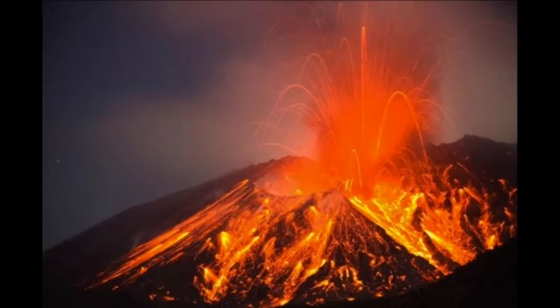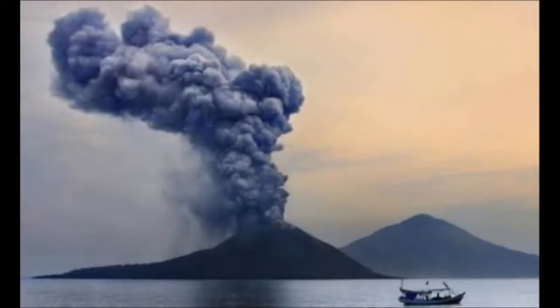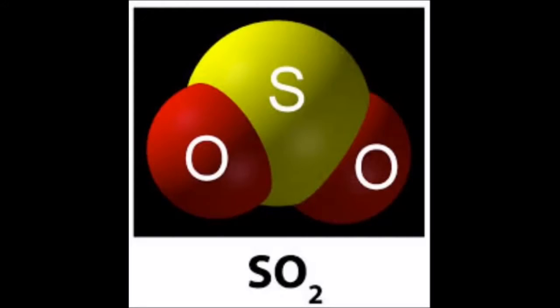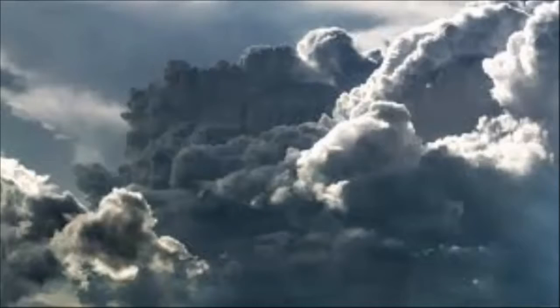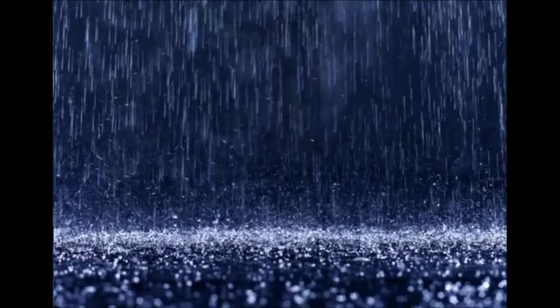The one natural cause of acid rain is volcanoes. This happens when volcanoes erupt and eject numerous types of chemicals high up into the atmosphere, which includes sulfur oxide, carbon dioxide, and hydrochloric acid. They then mix and react along with the water vapor and oxygen, which turns into acid rain, pouring down to the surroundings.